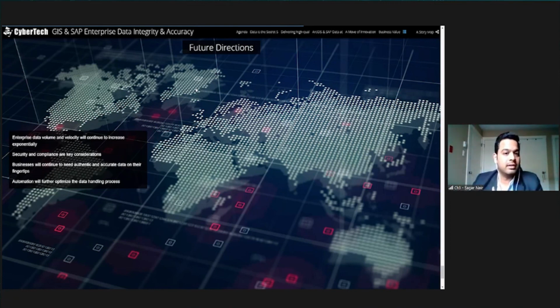As this volume is increasing, you also have to worry about the different norms that you have to comply with. Some of you are working around strict norms that have been levied by the state government, or there are water utility norms that you have to comply with, electric, gas. So you're always working within a boundary as far as security and compliance is concerned. That is also a very important thing to keep in mind while this data is moving between these two systems. And yes, you're ensuring that the data is accurate, but you also have to ensure that it's done